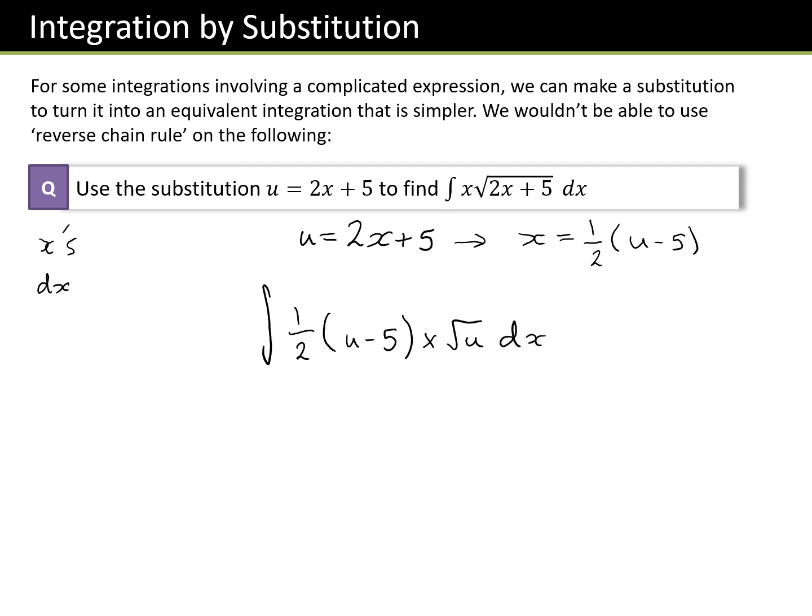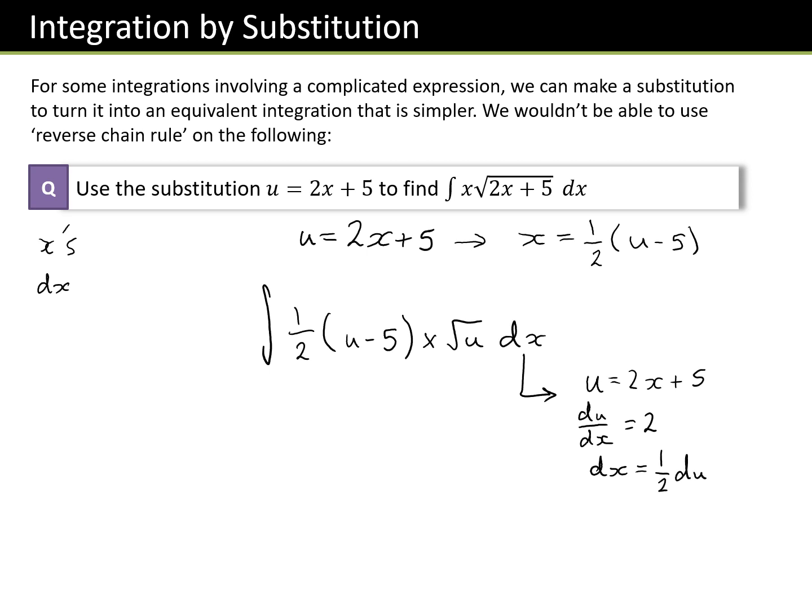This dx we need to change though, don't we? Okay, so the dx, let's focus on that now. So dx is made by differentiating something, isn't it? Differentiating with respect to x. So look back at your substitution equation, u equals 2x plus 5. If we differentiate this with respect to x, so du by dx, we get 2. So if you rearrange this, you can get dx equals a half du, and now you can just substitute that